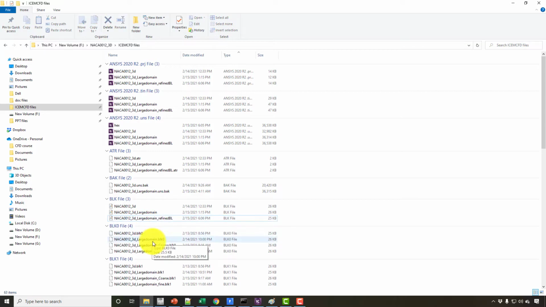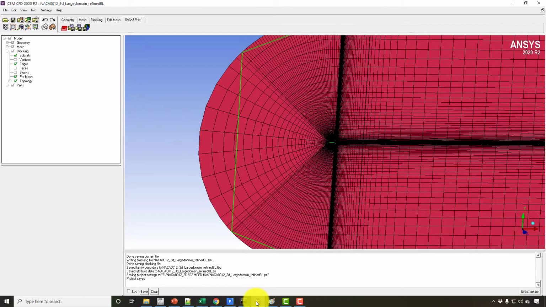So this is known as the mesh independent study. I can delete these files one by one. So I will delete them, and I will just give you the important files only, and not every file here which is not important and not useful. And as you can see, now the project has been saved.